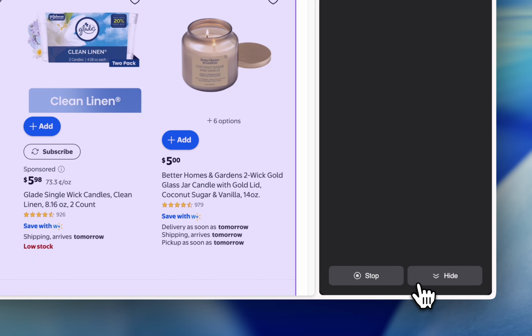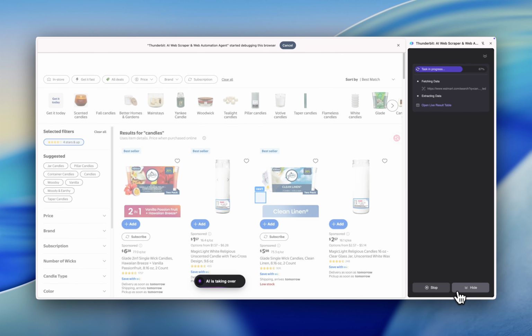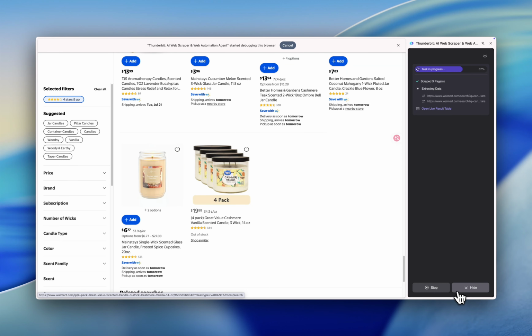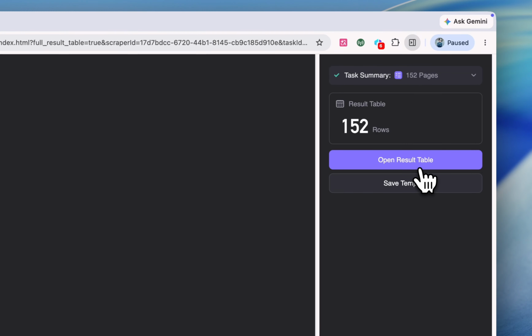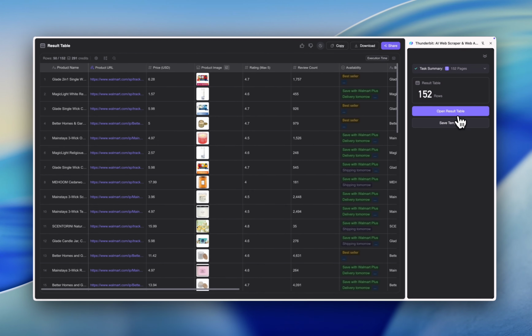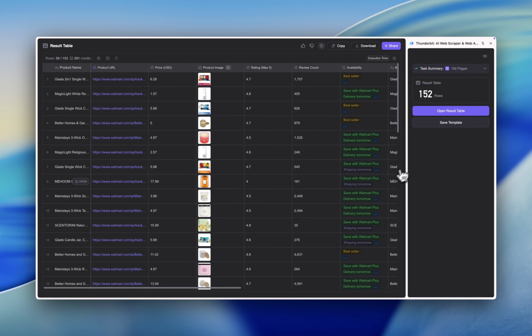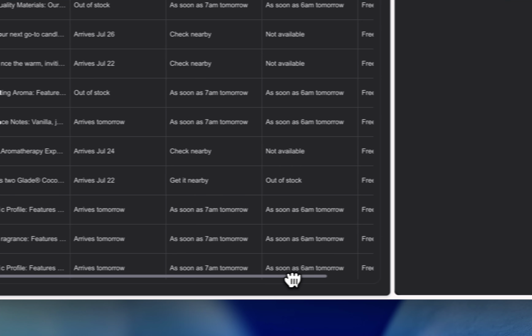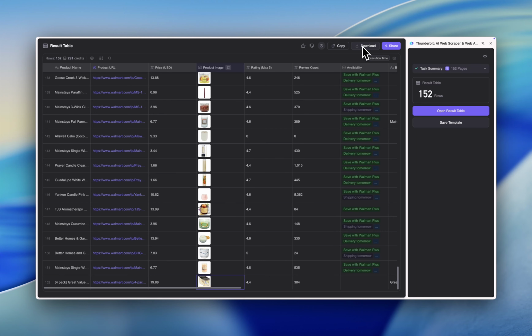If everything looks right, hit Run Now and wait for Thunderbit to collect the data in the background. Once the task is finished, open the result table. And there you are, a clean, organized spreadsheet with all the information you need. You can export the data to